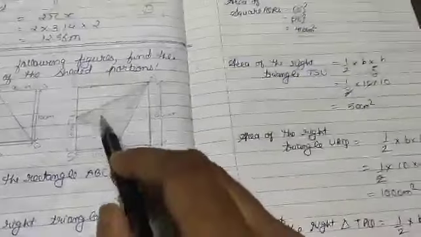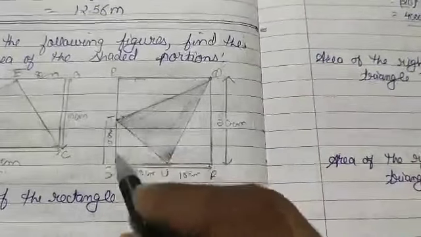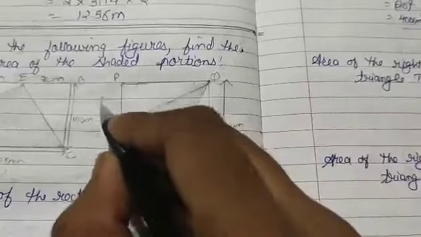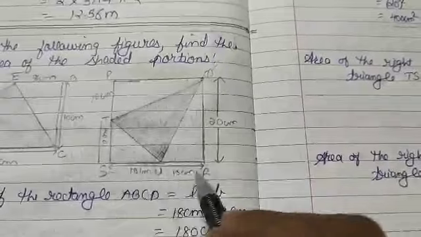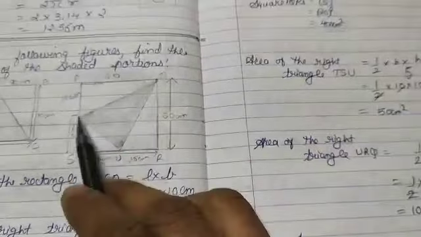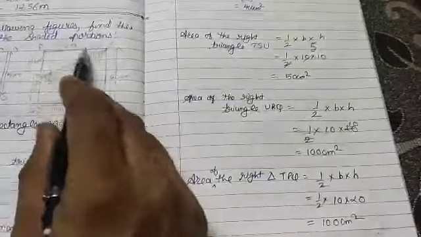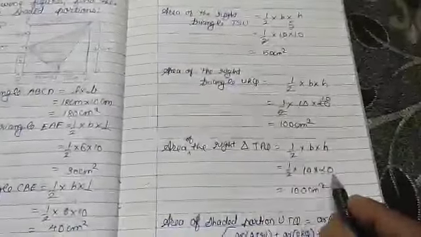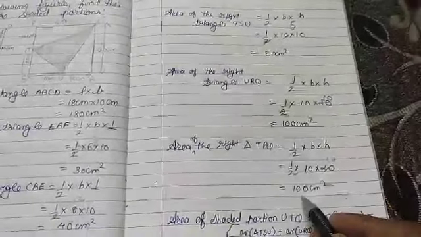Then we will find the area of TPQ, whose base we will find: the total length is 20 and half of it, this much length, is 10, so what is left? 10 centimeter. And here the height is 10 and 10, that is 20. So base is 10 and altitude is 20. The area of TPQ is half into base into altitude, base is 10 and altitude, that is height, is 20. So 2 tens are 20 and 10 tens are 100 centimeter square.